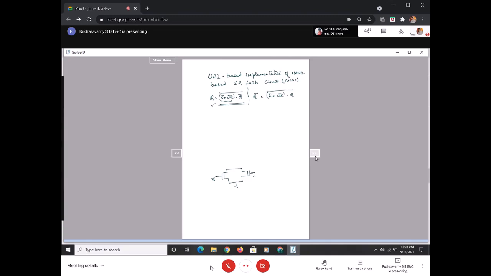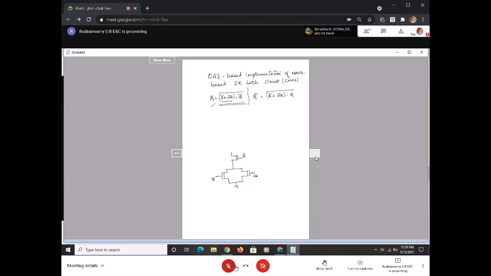This is something like clock bar, and on top of this I have a series connection of NMOS, that is Q bar. Yes or no? Yes. Am I done with NMOS or is anything left? Done, sir. Okay, now I'll go with the PMOS. So how do we go ahead with the PMOS structure now?